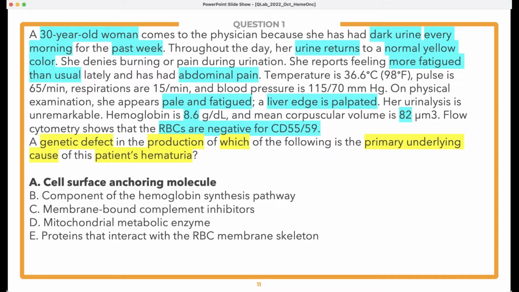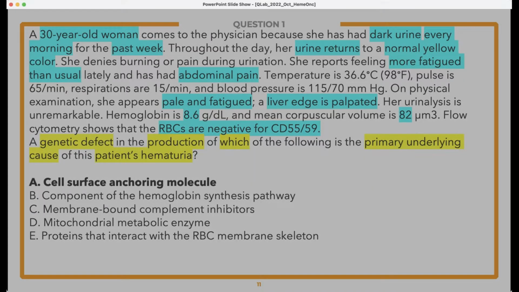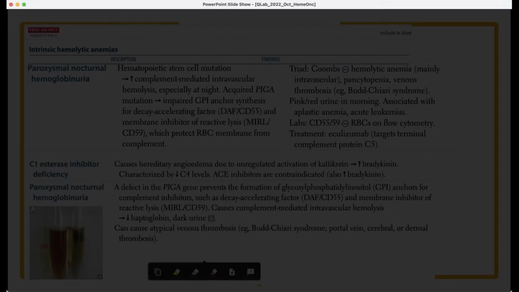They said that throughout the day, her urine returns to a normal yellow color. So another important clue there, okay? We also know that her flow cytometry was negative for CD55-59. We'll talk about what that means. That means her RBCs don't have that, okay? So if we take a look at the next slide, looking at our First Aid table on this condition,